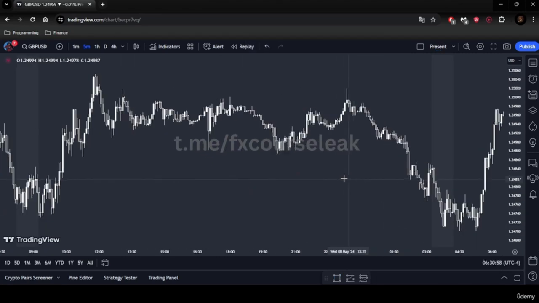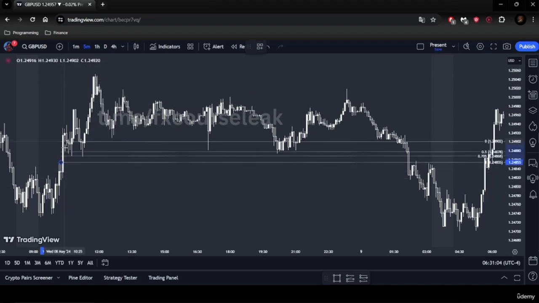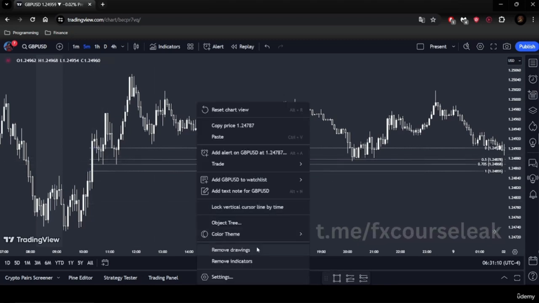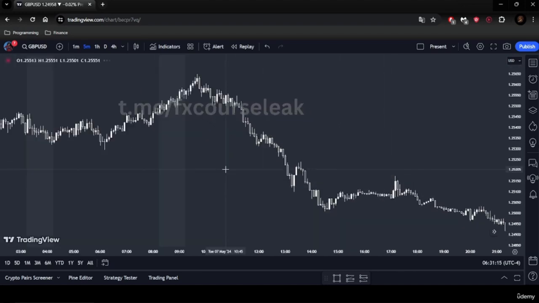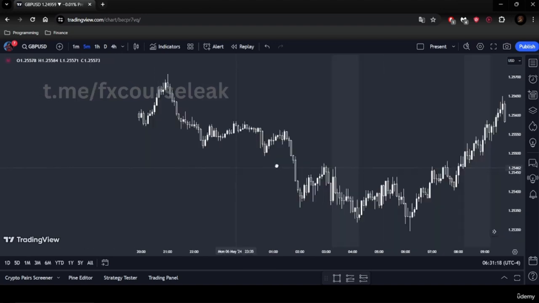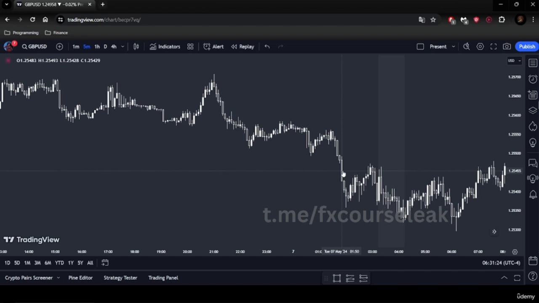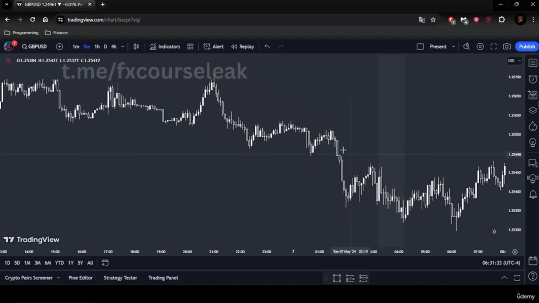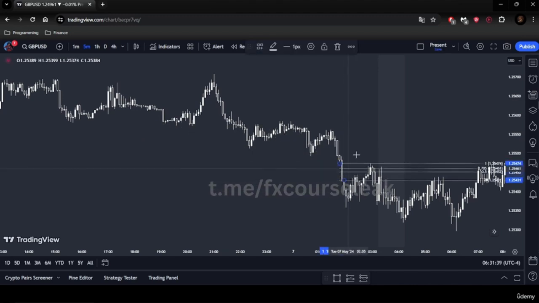Okay, so when the fair value gaps are big like this, you should measure them at 50%, because most of the times, I'm saying most, not always, most of the times in those, price won't likely go much higher than 50% and will stay there. So it won't go higher or lower, depending on a short or buy, and you won't get that higher premium.